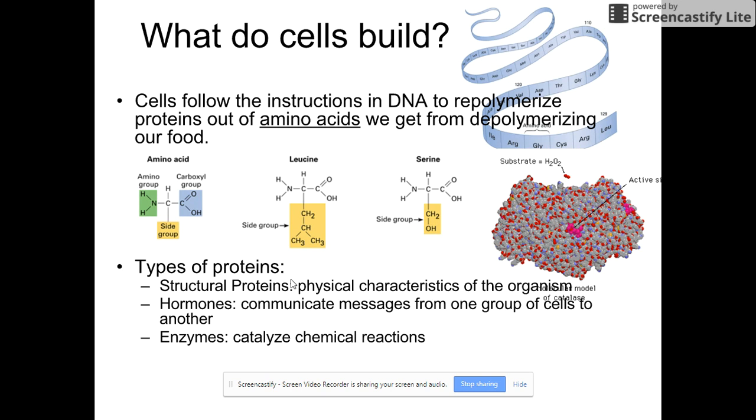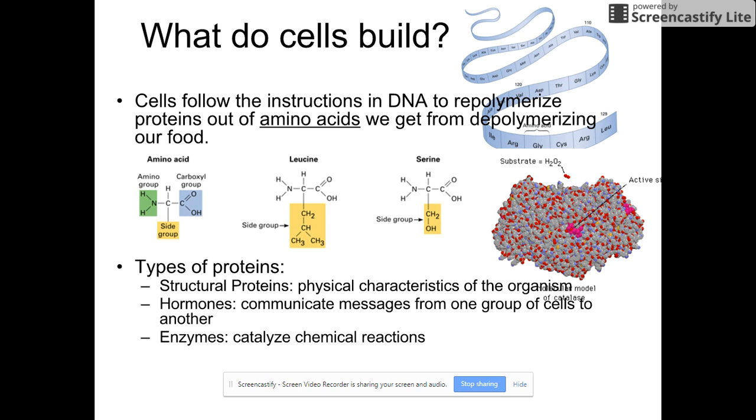I'm going to say a little bit about each, and we're going to study them at different points in the year. We have structural proteins. These are proteins basically that build up your body. And they might not have much of an obvious function, but they're often asked about in the genetics unit we do. So, for example, at some point you guys are going to ask us, hey, why do our skin colors vary? Why does my hair color differ from that of my brother? Or why do we have different eye colors in my family? Well, we can blame all those structural proteins